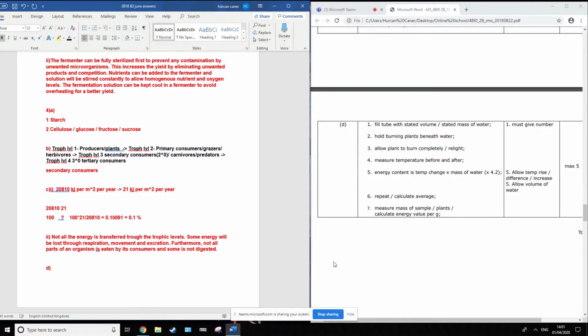So I'm gonna go over the practical part again. In the question, it says you have a boiling tube, a mounted needle, a thermometer, a plant sample, and a Bunsen burner. Okay? You're gonna take your plant sample, you're gonna weigh it,